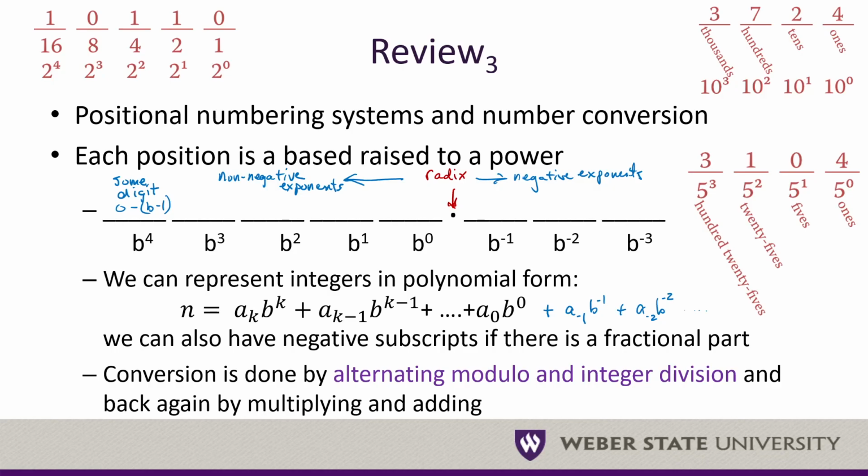Conversion, basically, when we do conversion, I don't think I have it on the next slide, but let's say that I want to do, let's choose an interesting number, like 19, nice prime number. So what I do is I do a modulo. I have one side for the quotient, or pardon me, the div, where I divide by 2, div 2, and then I've got a modulo 2 over here. So 19 modulo 2 is